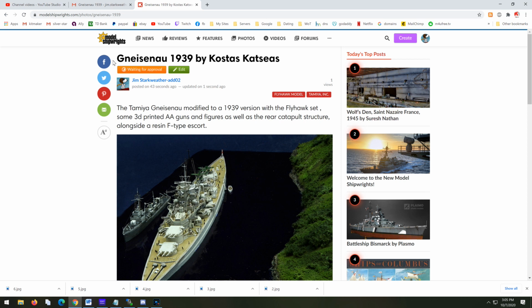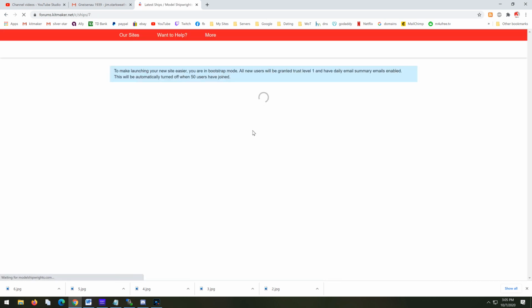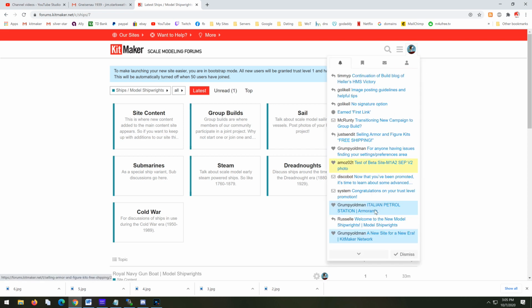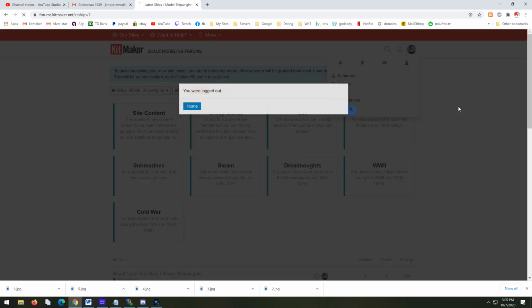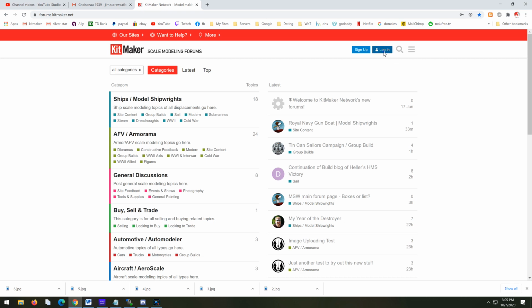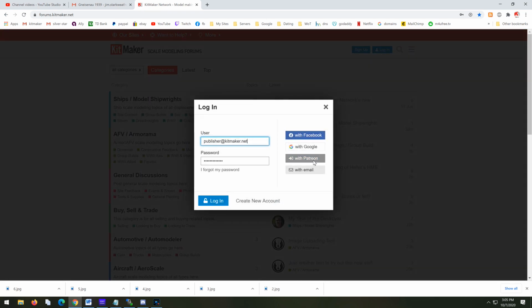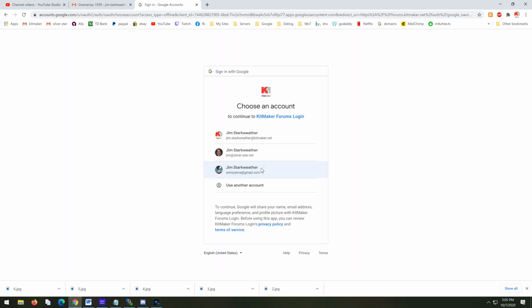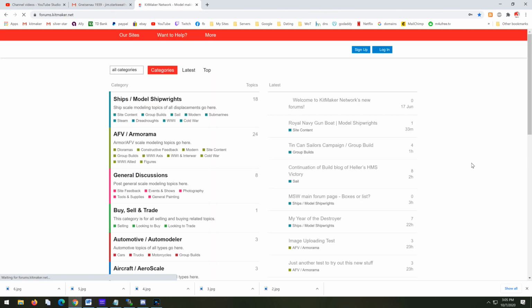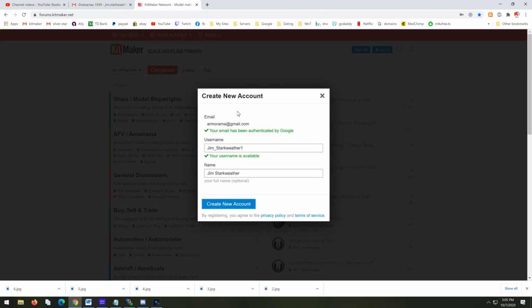I will add at the end of this that content contributors are the people who need accounts on this website. If you're just a regular user and you don't plan on submitting any content, then you really don't need an account on this site. You'll have an account on our forum site, and that is a different account with a different login. You can tie them together, though, via your social media logins. Like I can log in via Facebook, Google, and even Patreon with this. If I click Google, it's going to ask which account do you want to use, and I want to use this one. So it'll create me a new account, and it'll ask me what I want to use for my name. Since my name's already being used for one,